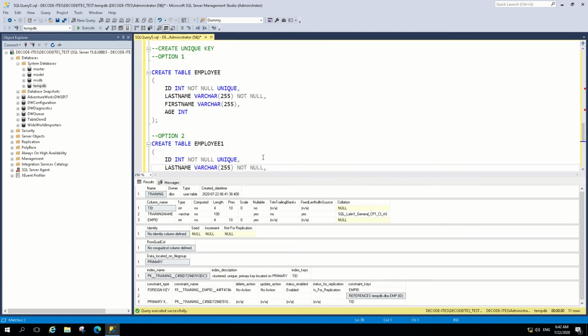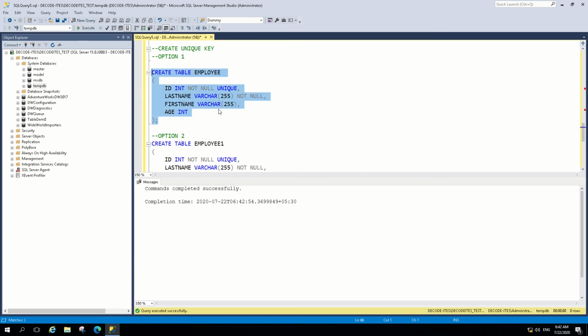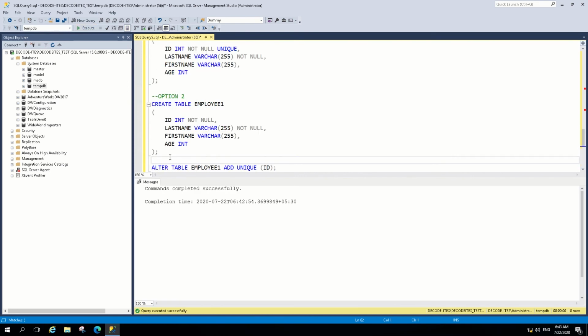Next is SQL Server unique key. So let's first create the unique key, and to create a unique key, you just need to mention unique against the column name to which you want to assign a unique constraint. When you run it, it will create a table with the unique constraint. Similarly, to add a unique constraint against an existing table, you need to have one table in the system, and then you can use alter table, table name, add unique and column name.